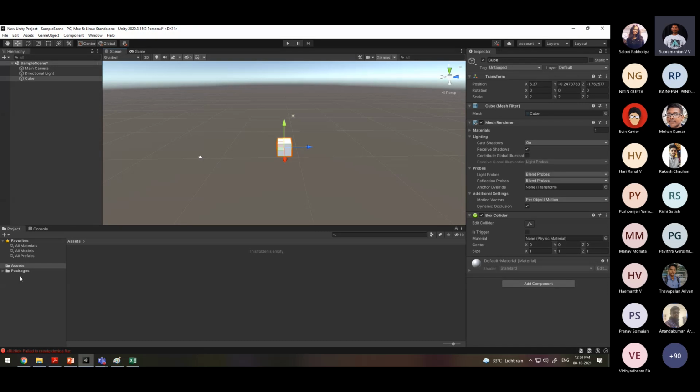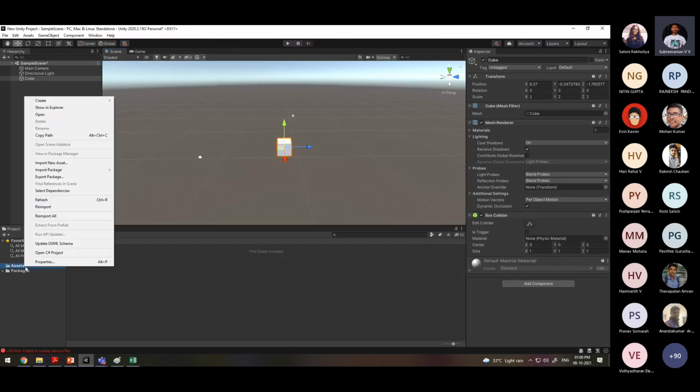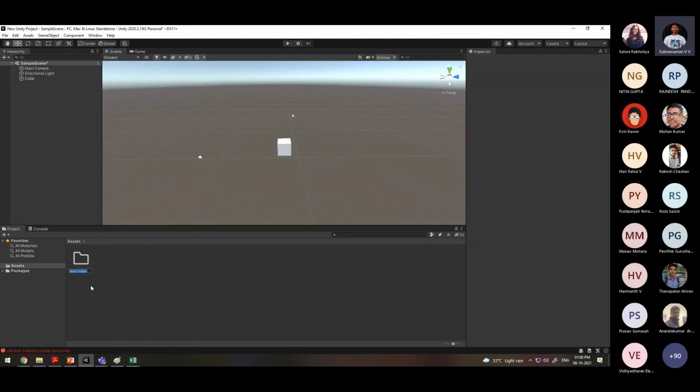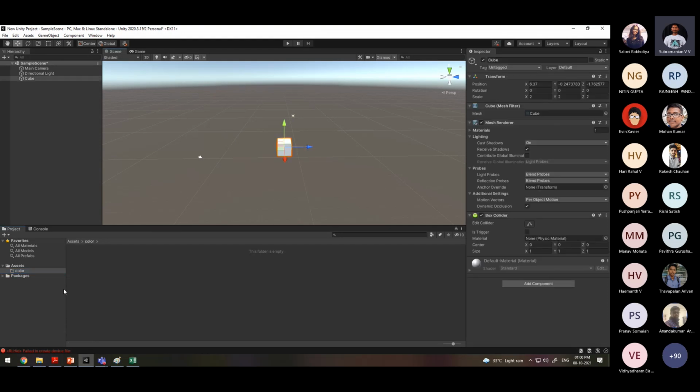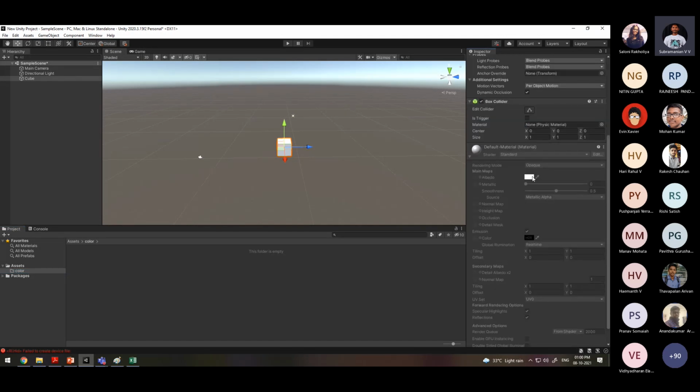Now coming to this project window, you can right click and create a folder. In the folder you can specify whatever you want to specify. You can let it be a color. So I'm going to make some color, or you can say the property or material, whatever you want, you can specify it. When you double click it, you can see the material information. It was white color. If you want to change the color,